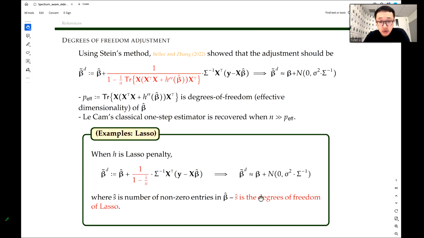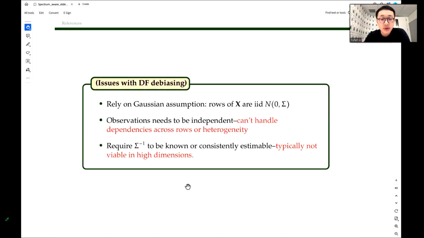Here is an example for lasso. You can see the degrees of freedom in this case is just the number of non-zero entries in your lasso estimator. So if you have a very sparse signal and your lasso is tuned optimally, then you can imagine this correction goes to 0, and you recover the classical one-step estimator. However, this method